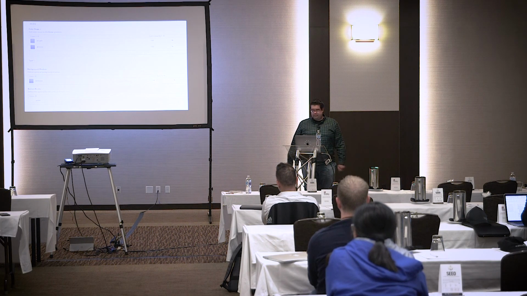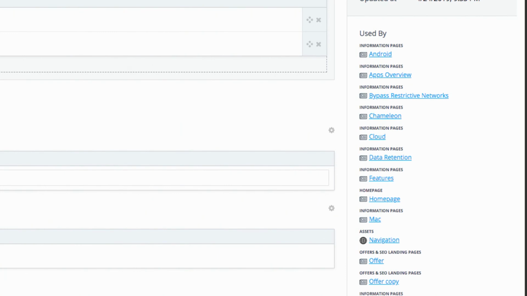So we ended up taking another plugin that existed and extending it to indicate in the sidebar which elements are basically using this color scheme. So here's a list of all the entries that are using this color scheme. It's probably not a good idea to delete this color scheme or manipulate it unless you know what you're getting into. But that's nice if you're looking at a color scheme.